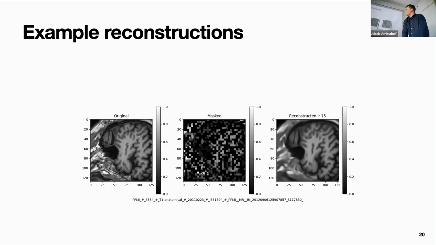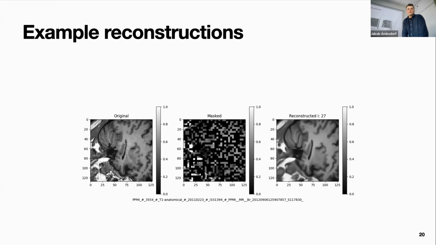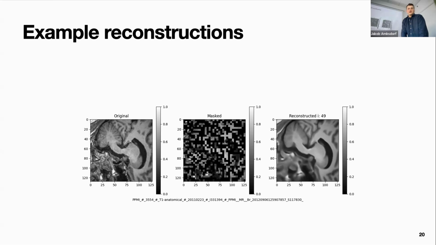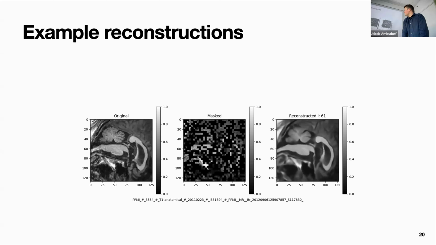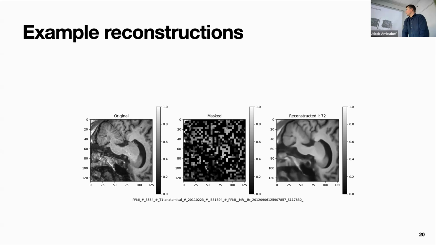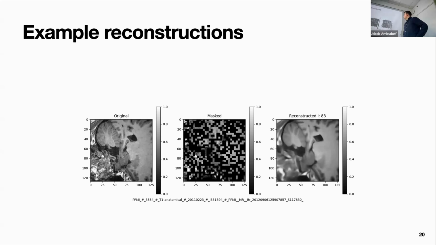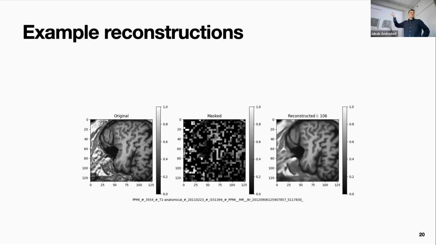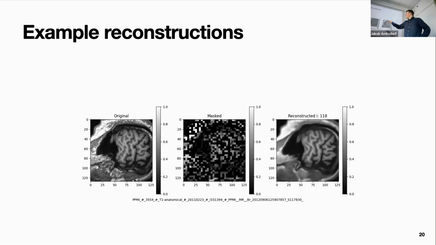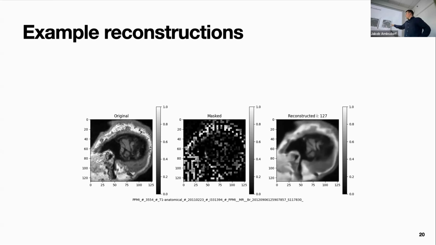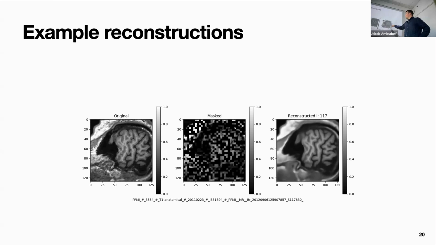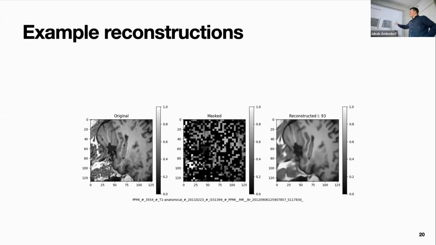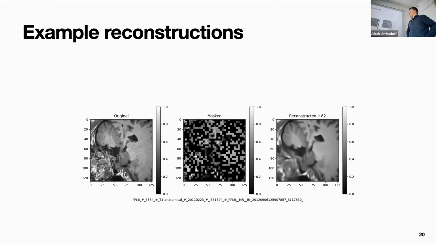Yes, so this is an example of a reconstruction. You can see on the left-hand side the input volume, and in the middle is the masked input. And then on the right-hand side, you can see the reconstruction. And what you can see, of course, is that the left-hand side looks a lot more grainy. There's a lot more very high-frequency detail. But if you look at the anatomy, you can see that actually quite a lot of the anatomy is quite faithfully reproduced.